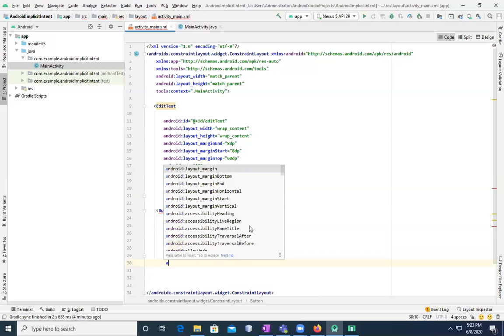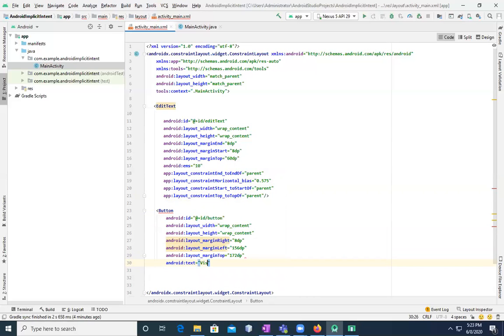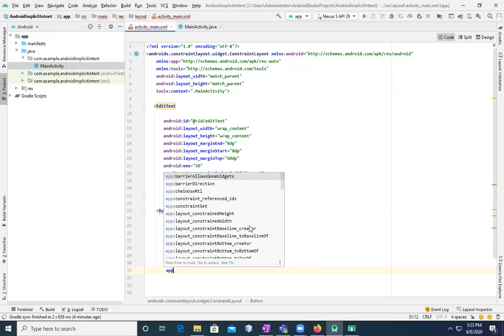And then android:text, and it should be Visit the link. App:layout_constraintEnd_toEndOf